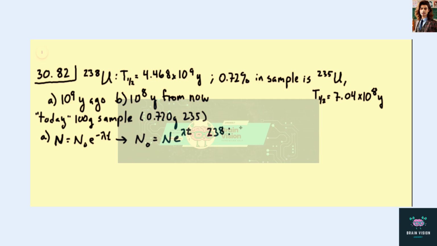So we get 115.94 grams of the 238, and 1.927 grams of the 235. And so this works out to be 1.63%